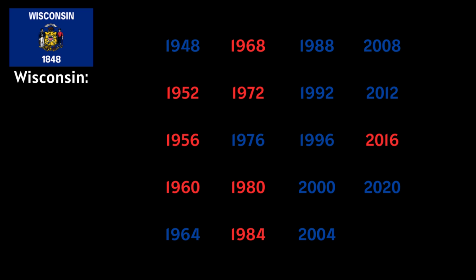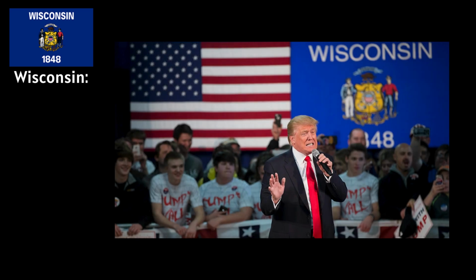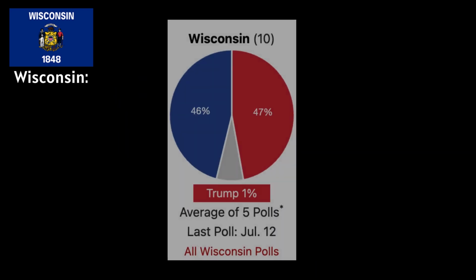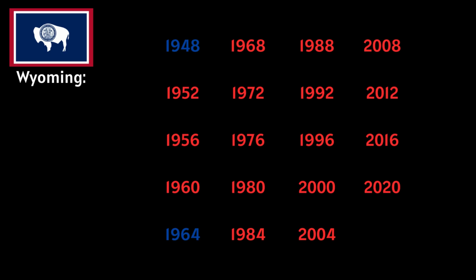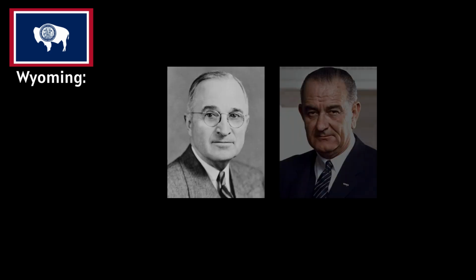Virginia. Historically, Wisconsin is a blue state, having voted Republican in 1952, 1956, 1960, 1968, 1972, 1980, 1984, and 2016. Trump was the first Republican candidate who managed to flip Wisconsin red in more than 30 years, but Wisconsin flipped blue again in 2020. At the time of writing, however, Wisconsin has Trump leading the polls by just a little bit. Wyoming is another Republican stronghold, having voted Republican in every election since 1948, apart from Truman in 1948 and